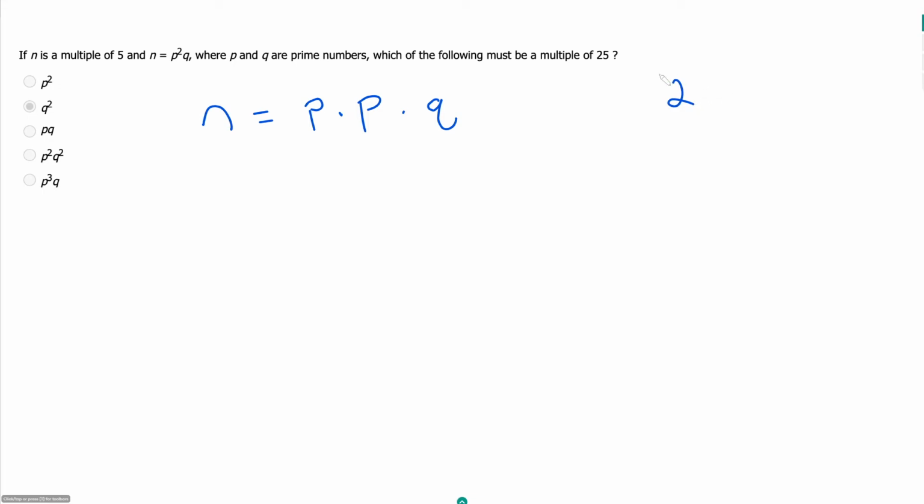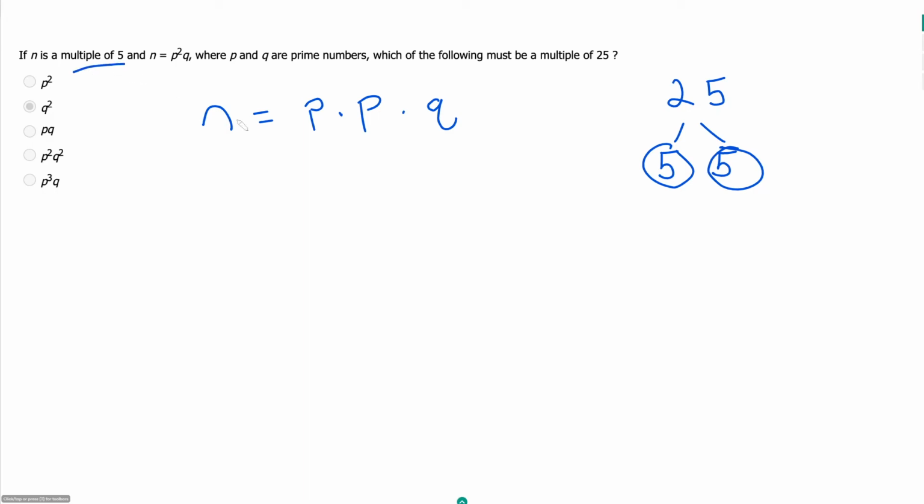If something's a multiple of 25, if we were to break down 25 into its prime factors, that's 5 times 5, right? So that means which of the following must contain two 5s, right? So let's think about